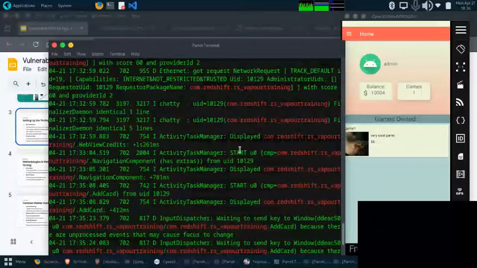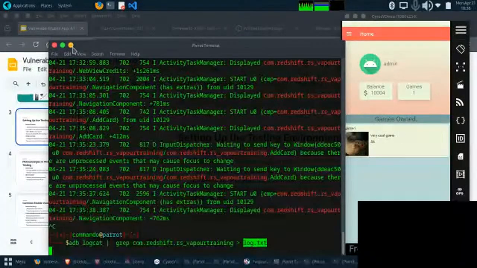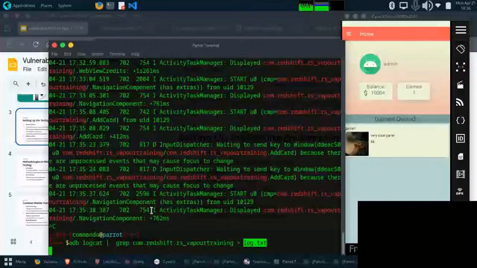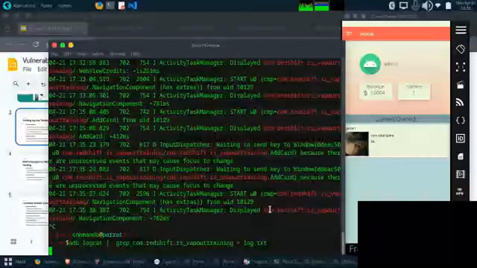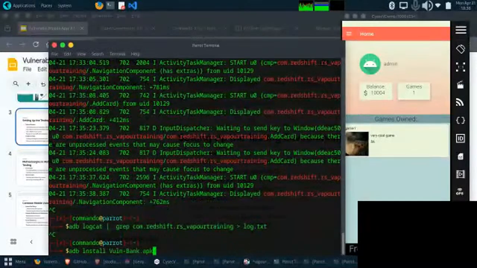Search through. Exactly. I think we've covered static analysis. We've done dynamic analysis with logcat and objection. Frida is cool. I only showed us the basics of objection and Frida. If you want to use Frida,